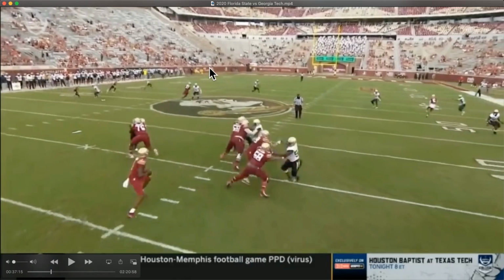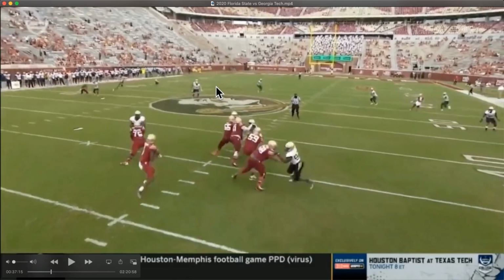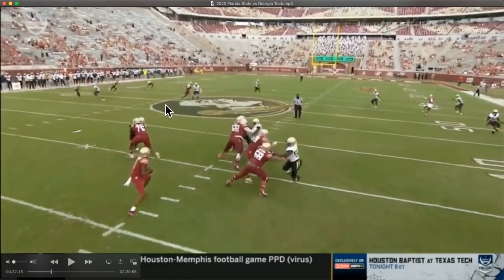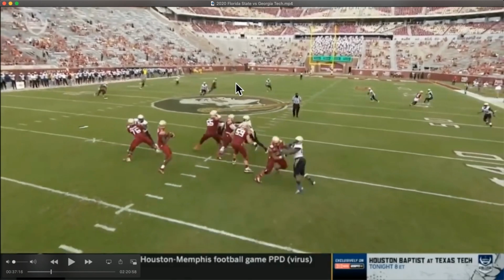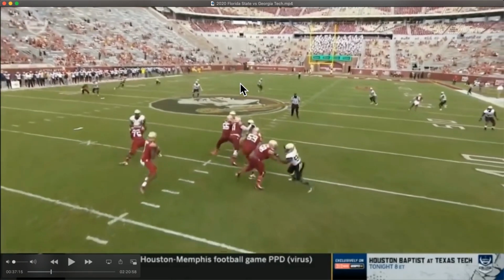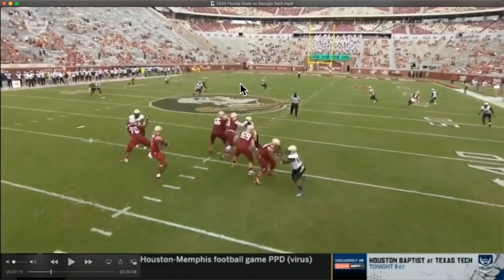And he comes to this side, and it should come from here to here to here. And this is where he should be looking. You got the safety who's going backwards. You've got your tight end who's flexed. As soon as he clears this backer, you should be able to fit that ball into that window right there. You should be throwing right now. Put that ball into that window right in here and let your guy go up and get it. And you got a chance. But the thing is, by moving up in the pocket, he's eliminated his